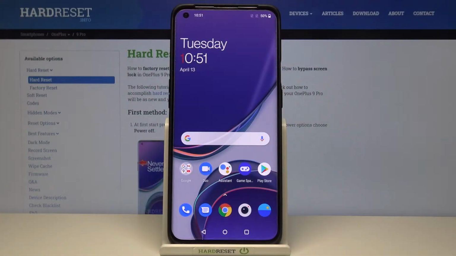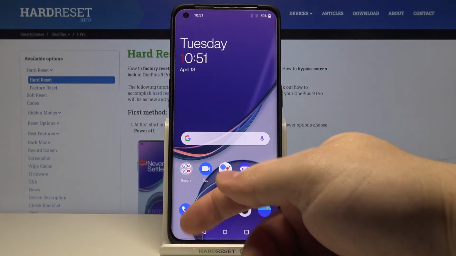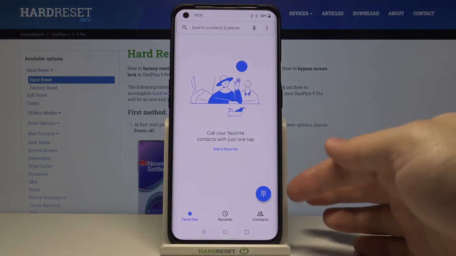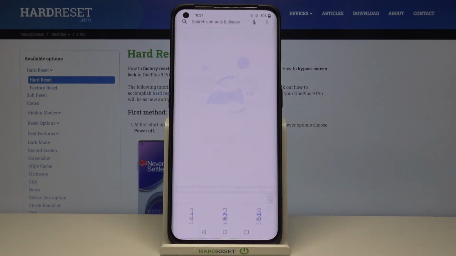Hi, in front of me I have OnePlus 9 Pro, and I'm gonna show you a few secret codes you can use on this device. First, we need to open the phone app. To do it, tap on this icon right here, then tap this icon right here to open the keypad, and now we can enter our first code, which is